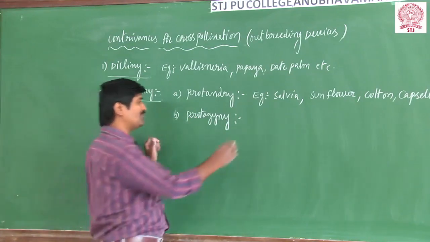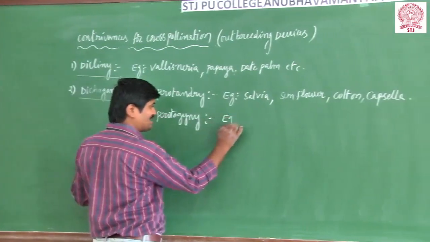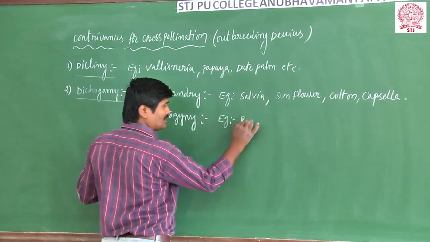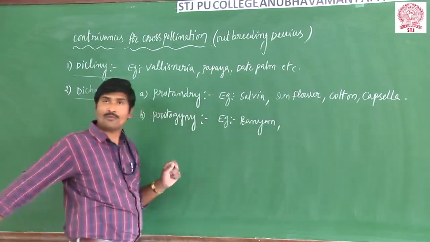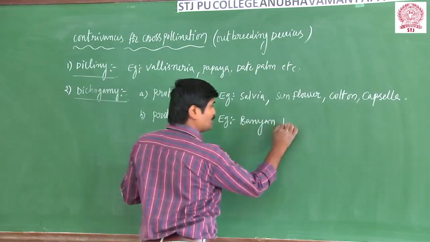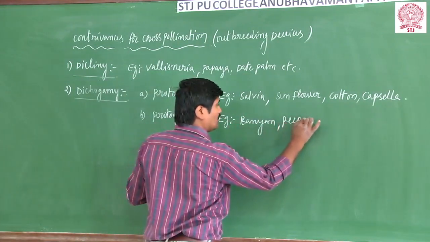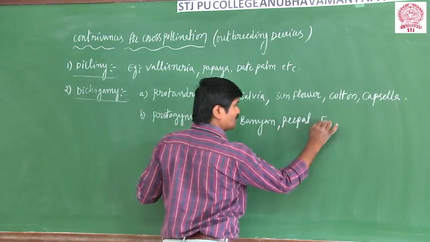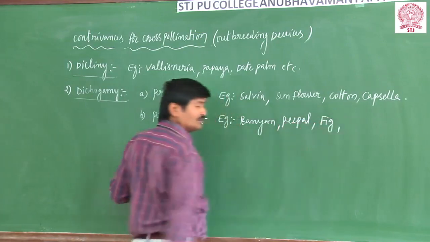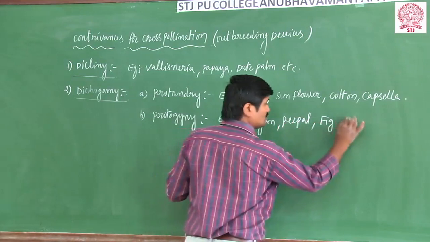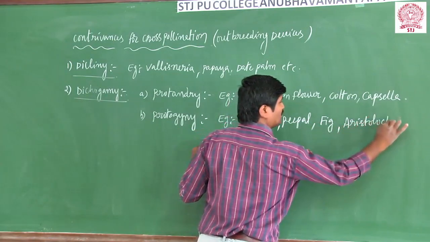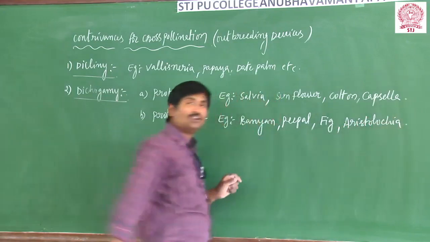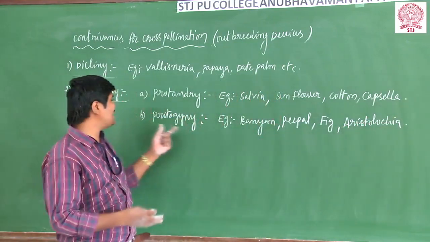The best examples: banyan tree, peepal, fig, Aristolochia, even the rose family. These are all examples for